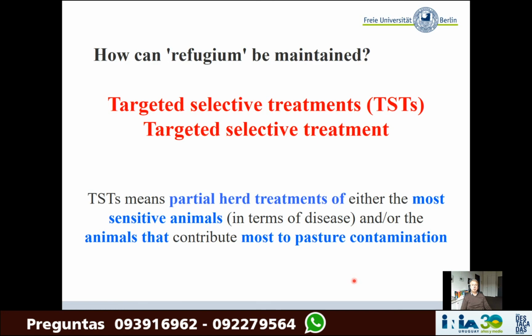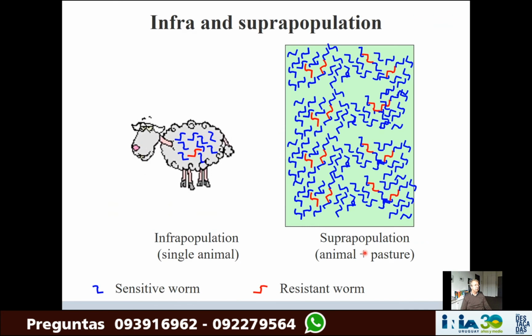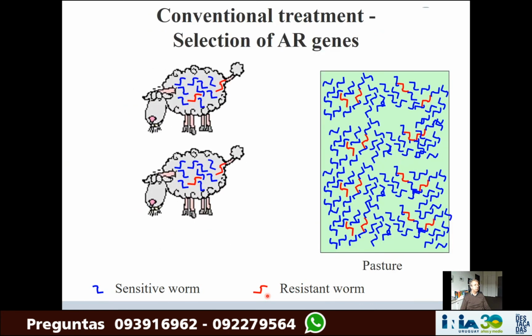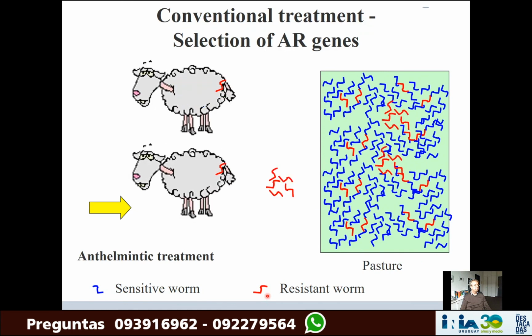That means only a part of the herd receives treatment, either those which are most sensitive or those which contribute most to pasture contamination. And just very briefly, a cartoon can show you the effect. This is the total worm population represented by the intrapopulation in the single animal, and the superpopulation is then that of the animal together with the pasture. That is all together. We have sensitive worms, they are blue, and resistant worms, bad worms, which are red. And in conventional treatment, if you treat all animals,